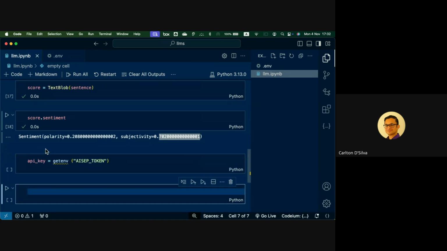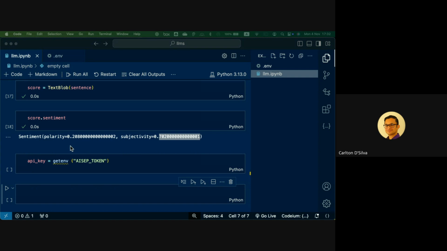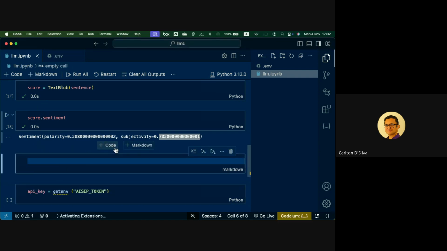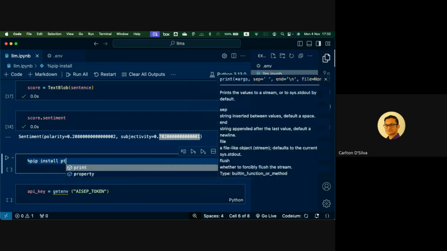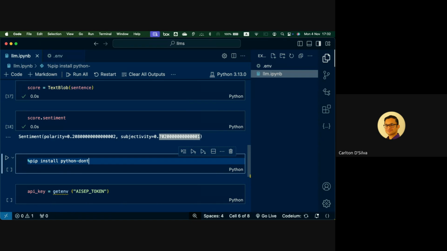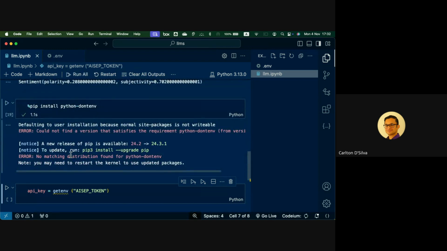Okay, so in order to get it from the environment, I need another library, and it's called Python env.